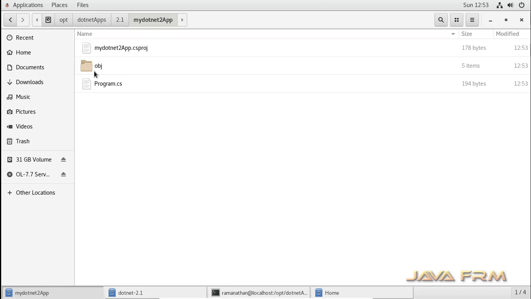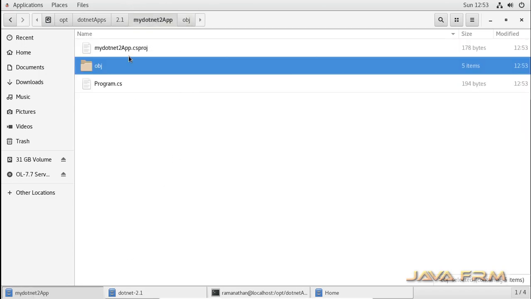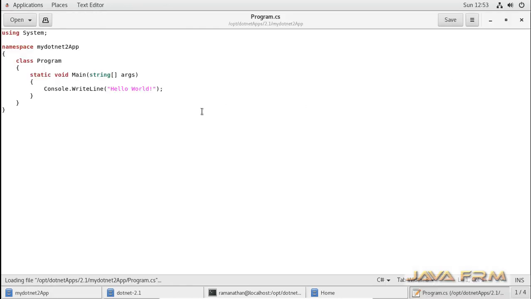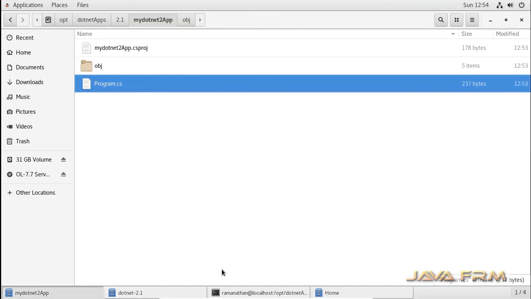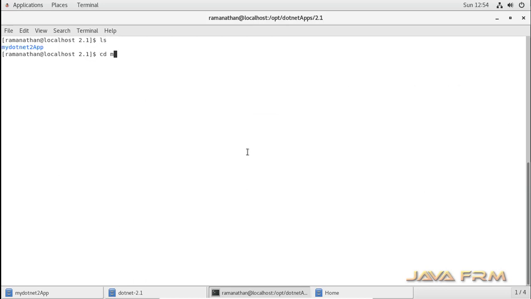So this is the directory structure, and you can see that many files are generated. Among them, Program.cs is the main file. Here I am going to write the hello world line and save the file. Now I am going to print hello world in the console.